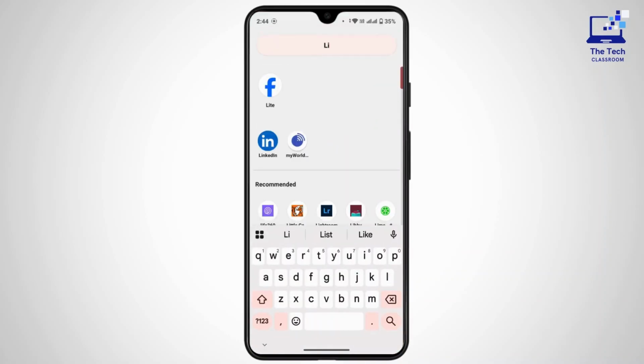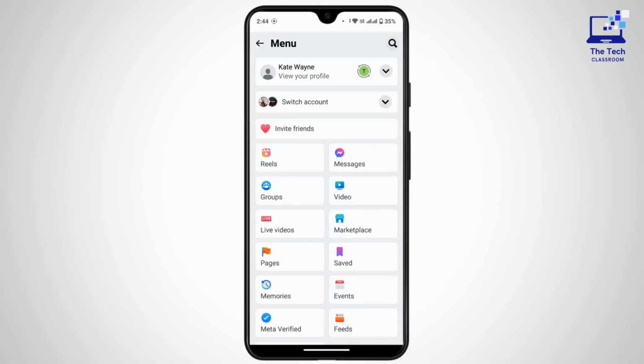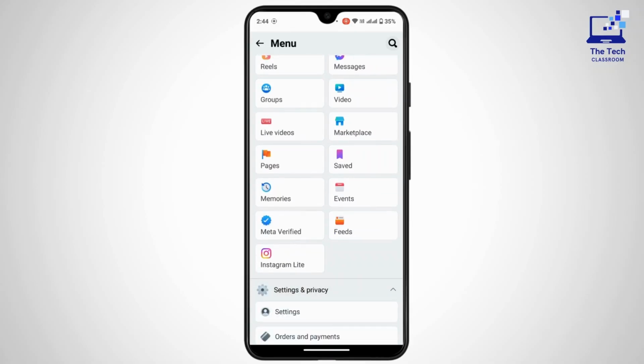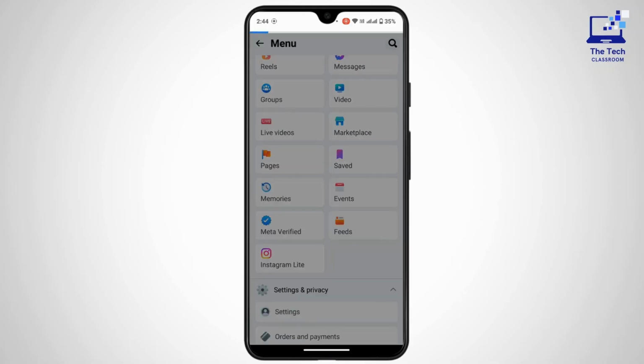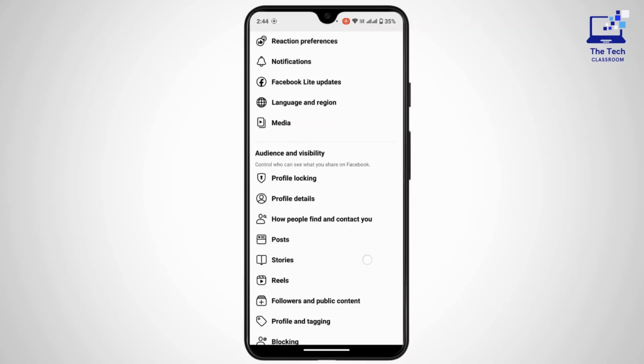First of all, launch the Facebook Lite application on your mobile device and make sure that you're logged in. After that, navigate to the top right corner and tap on the three-line icon. Here, scroll down a bit and head towards Settings and Privacy. Again, select Settings. So on the Settings and Privacy, scroll through a bit and then search for an option that